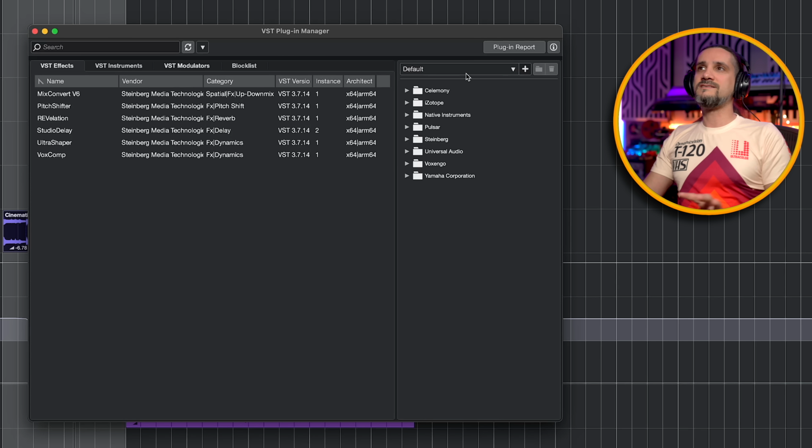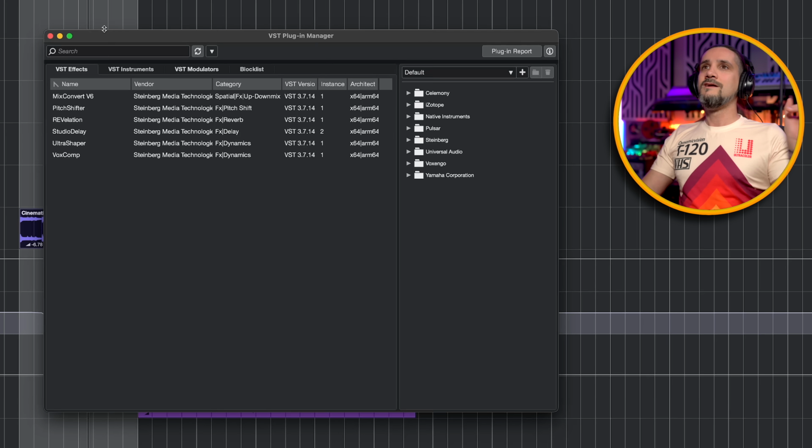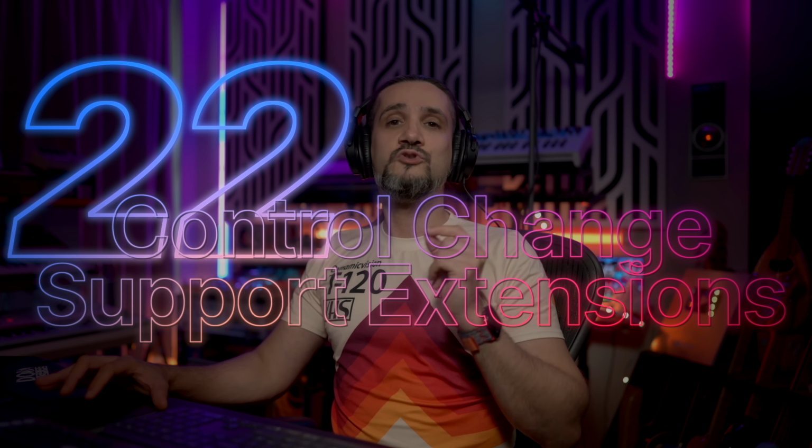And there are many other things that you can do with the VST plugin manager. Maybe that's a topic for another video. I'm going to move on though to number 22, and this is control chain support extensions. Now this is a deeper feature. This is part of Cubase preparing for full MIDI 2.0 support, so your setup is ready for the next generation